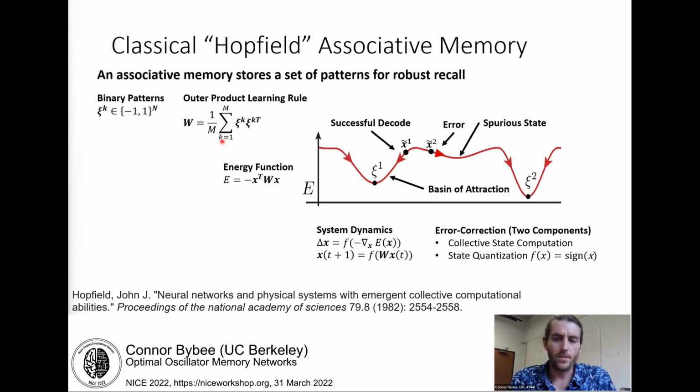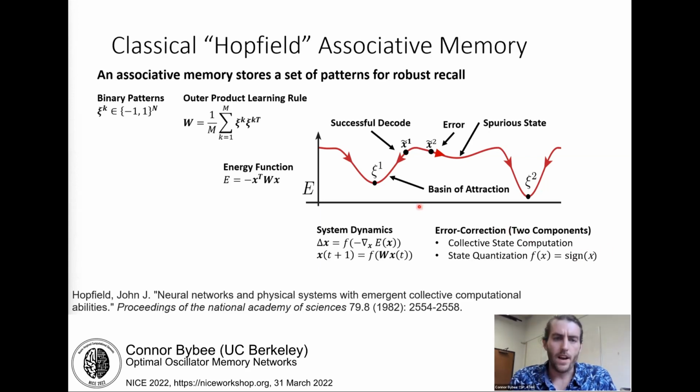The outer product is commonly used and is a sum of outer products of the individual patterns. The system is described by an energy function. Stored patterns will have low energy, and states which don't correspond to stored patterns will have a relatively higher energy. The energy governs the system dynamics. The change in the neuron state turns out to be a function of the negative gradient of the energy with respect to the neuron state variables. The activation function usually quantizes the neural state, and here the activation function just returns the sign of the presynaptic input.